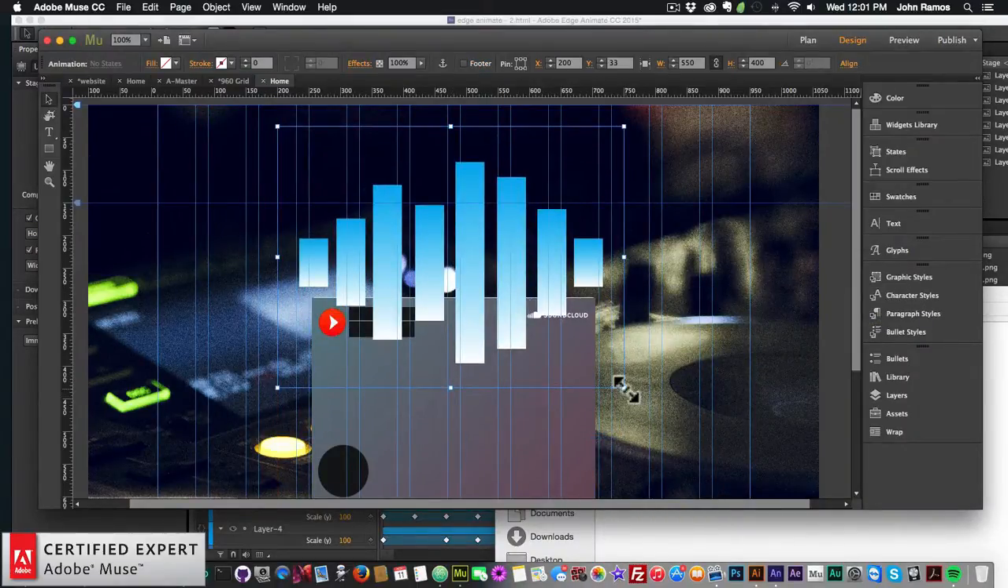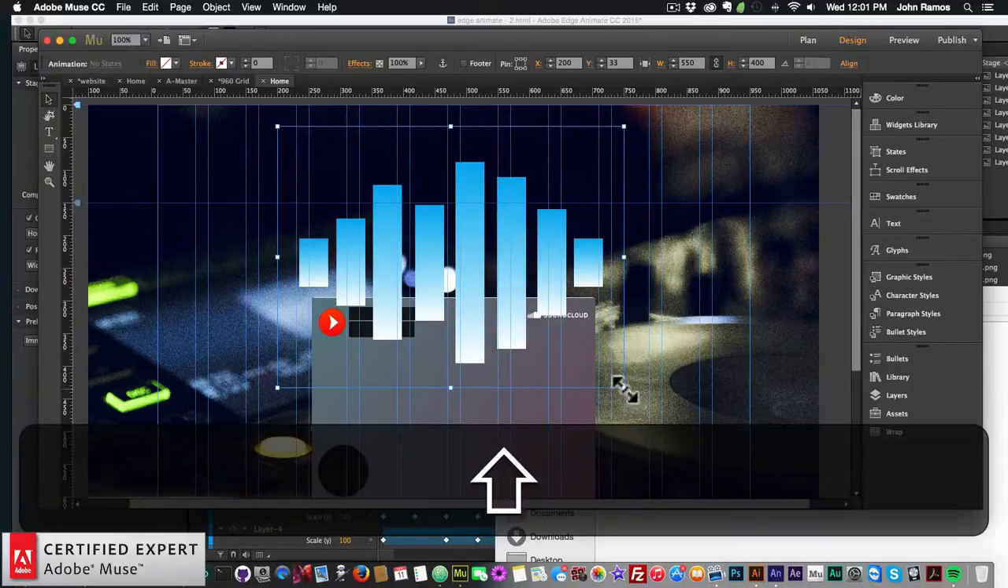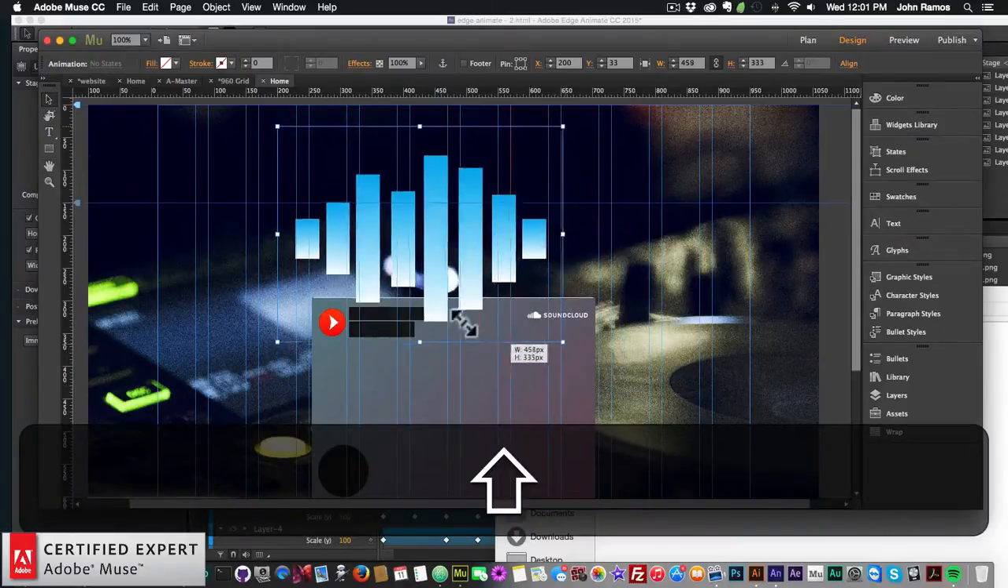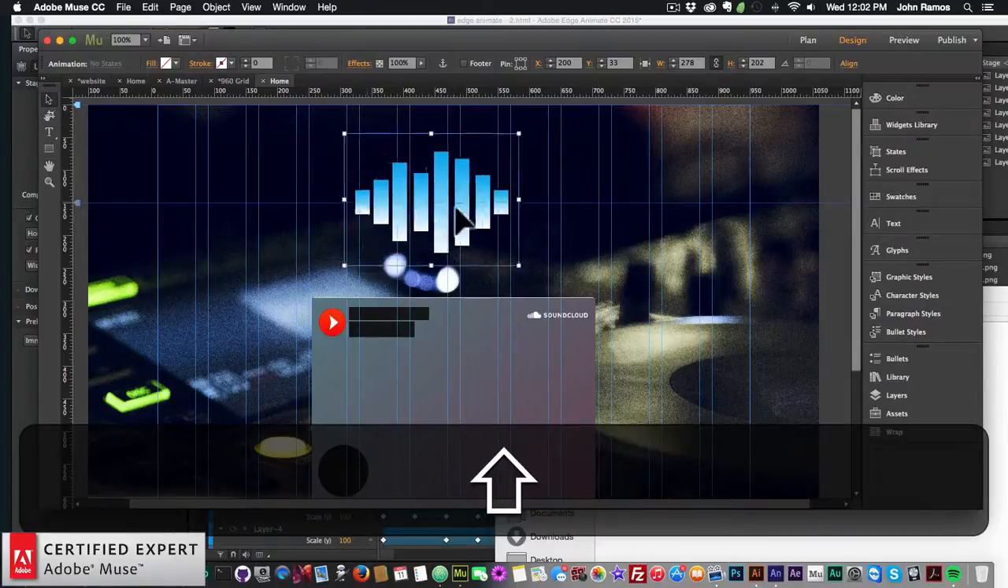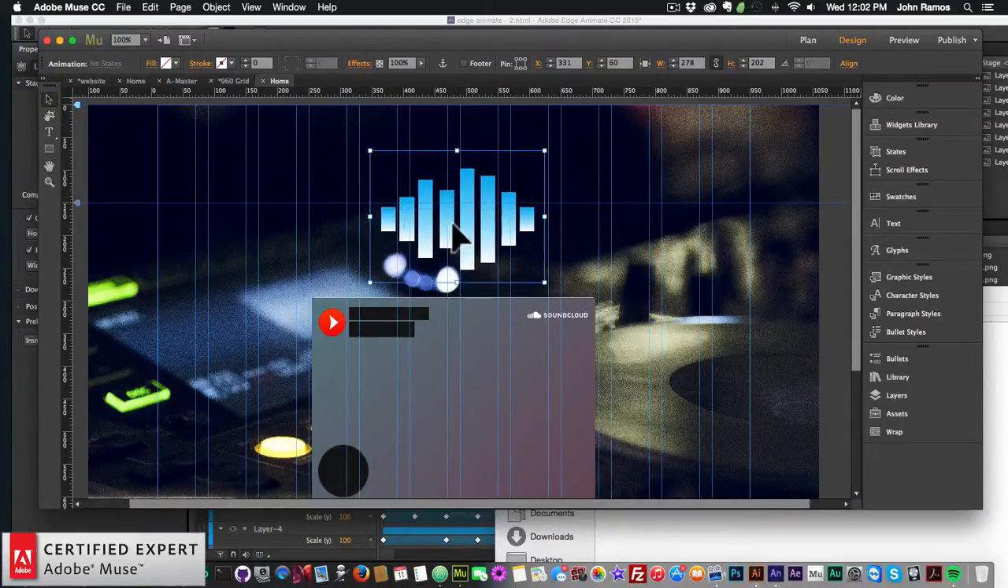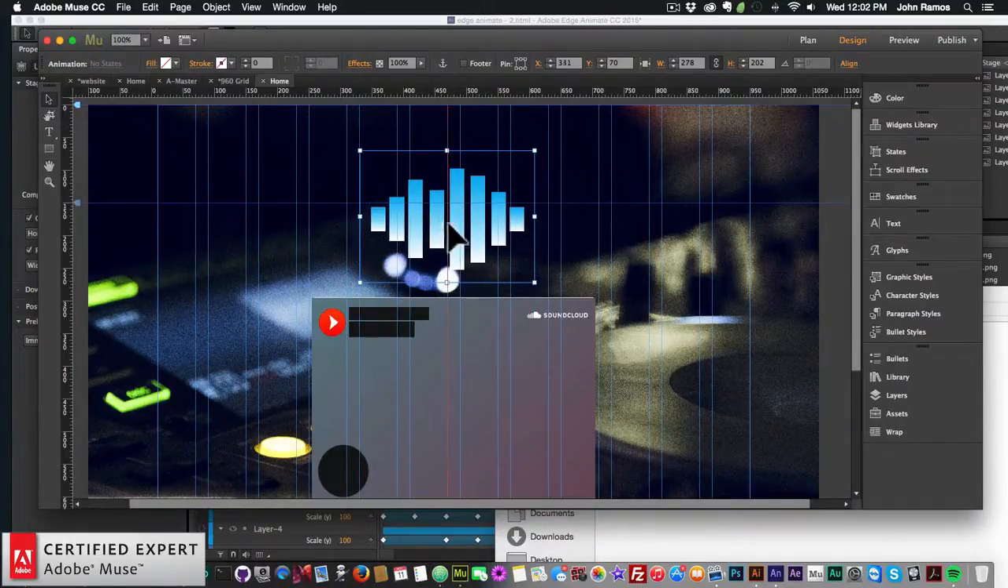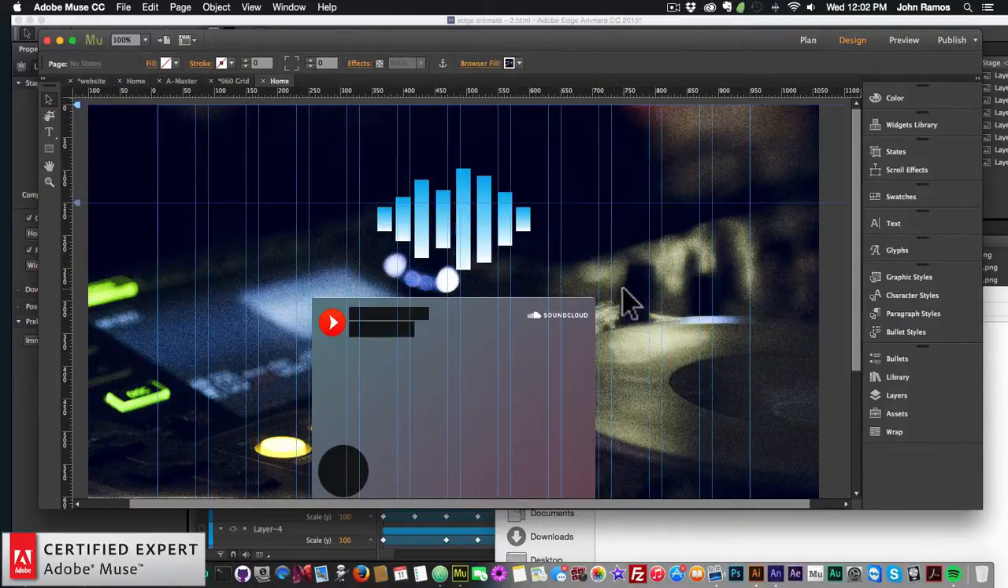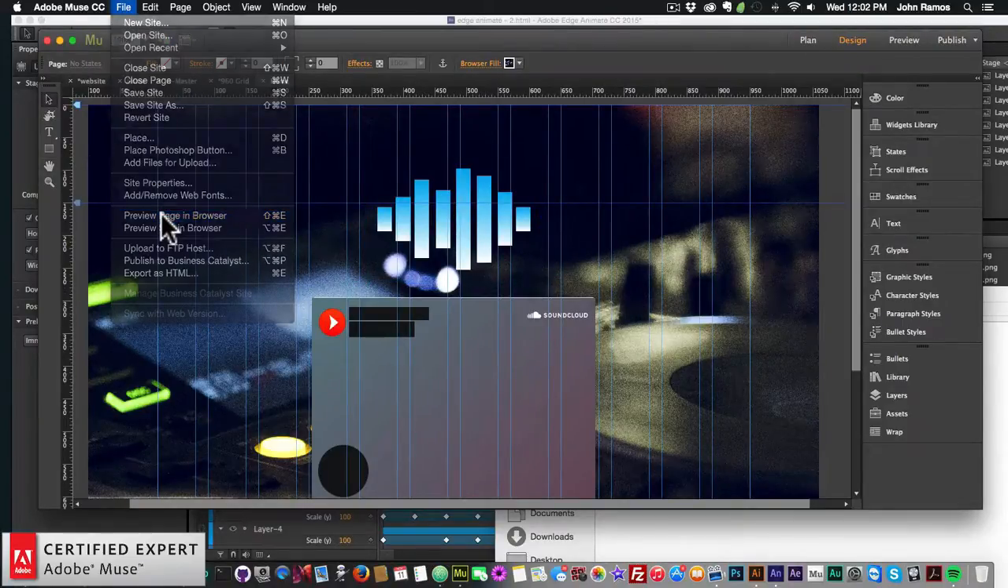It's a bit too big, so I'm just going to change the size. I'm going to hold down Shift, grab a corner, and make it smaller, about there. That looks good. And place it at the top in the center, right there. Looks good. So now if I go to File, Preview Page in Browser,